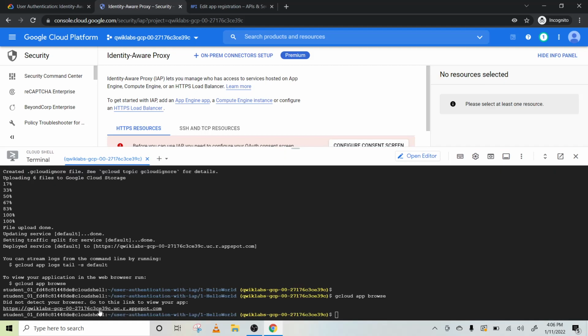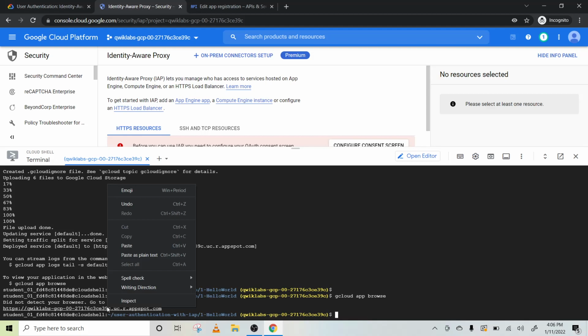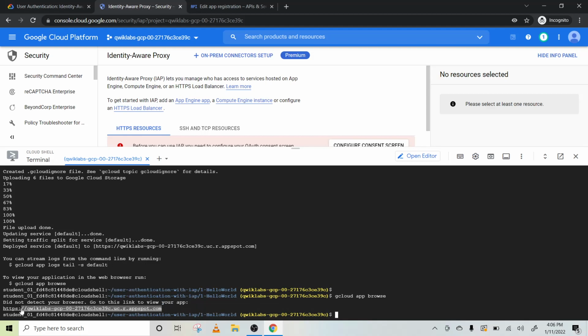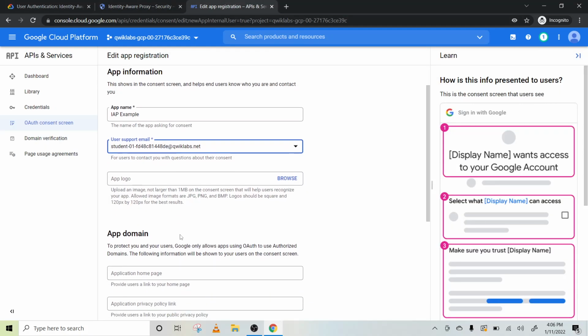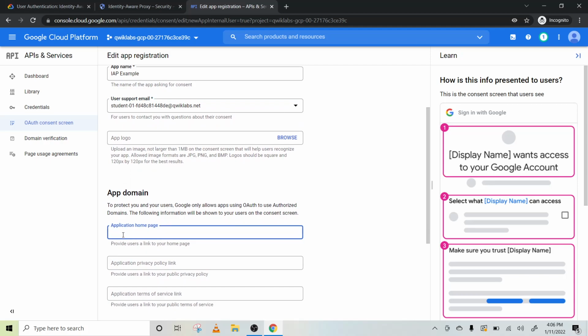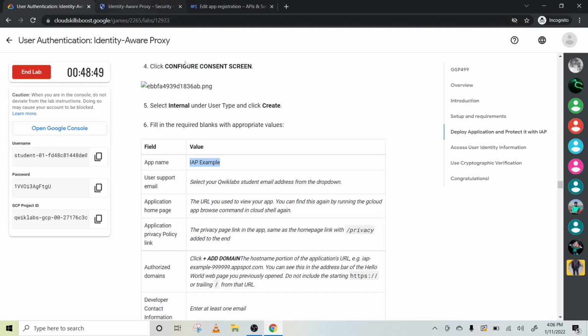Yeah, this one. How to copy this? Select it, copy it. This is the home page, and this is the privacy policy. Slash, and I have to type privacy, just dash privacy.